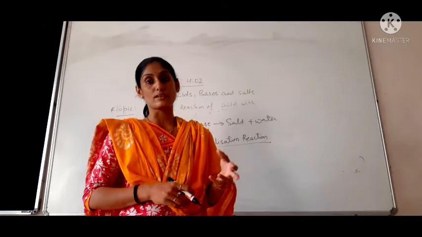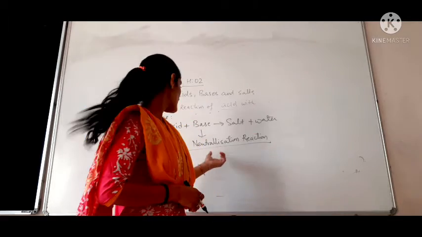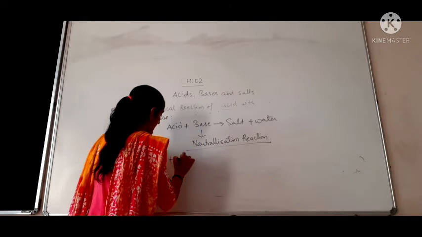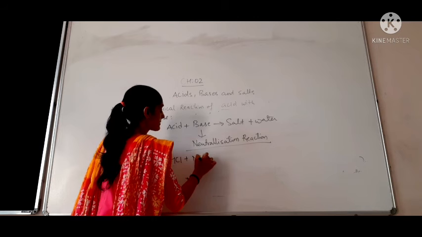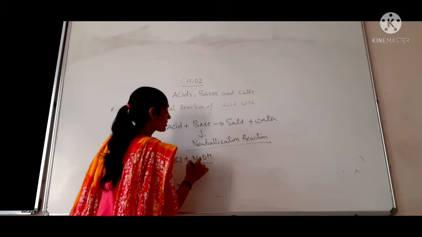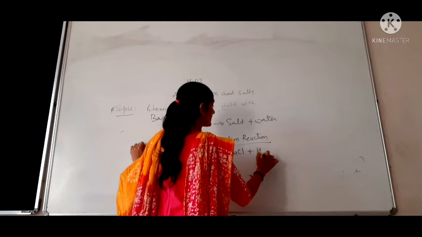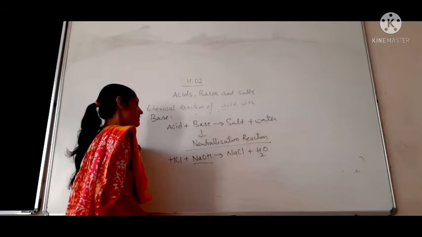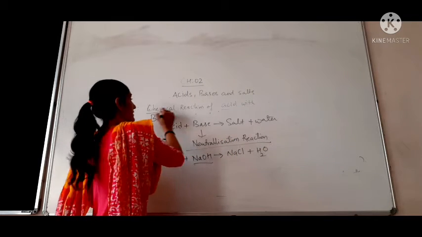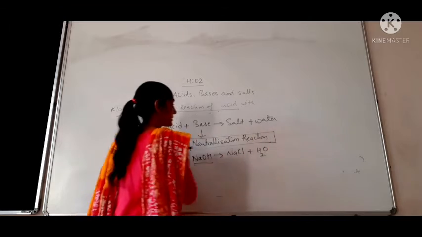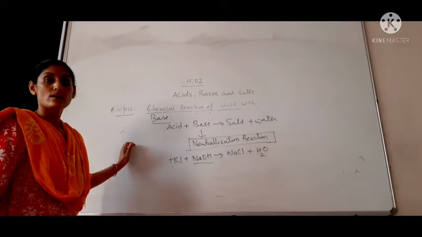Those are daily life examples which say about the neutralization reaction. So I am taking HCl as acid and NaOH as a base, that is sodium hydroxide or caustic soda. We produce common salt or table salt, you can say that, or sodium chloride as a chemical name. So this is the chemical reaction of acid with base, and that reaction is categorized as a chemical reaction, children. Okay, so this is the reaction.